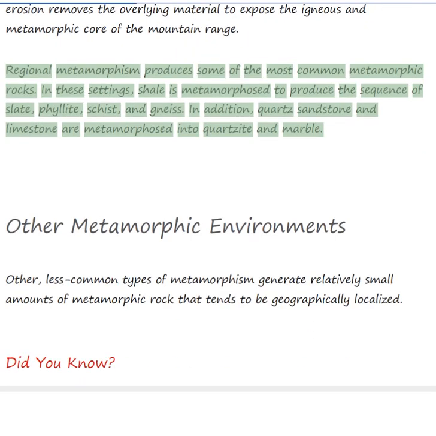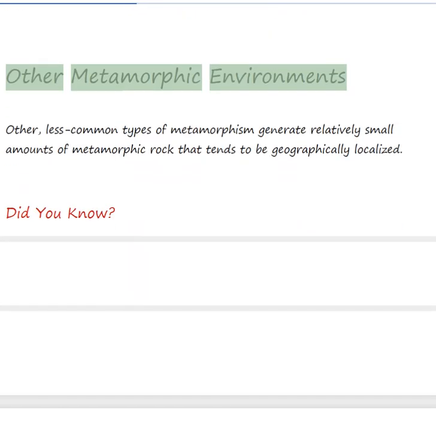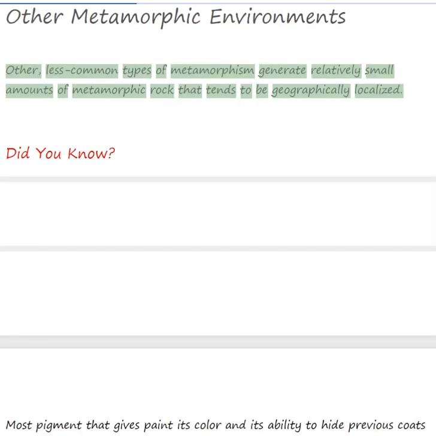Regional metamorphism produces some of the most common metamorphic rocks. In these settings, shale is metamorphosed to produce the sequence of slate, phyllite, schist, and gneiss. In addition, quartz sandstone and limestone are metamorphosed into quartzite and marble. Other metamorphic environments. Other, less common types of metamorphism generate relatively small amounts of metamorphic rock that tends to be